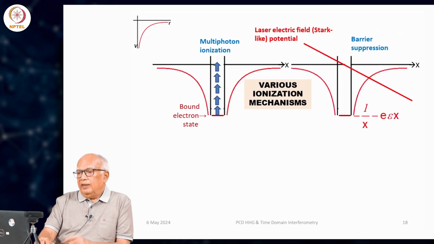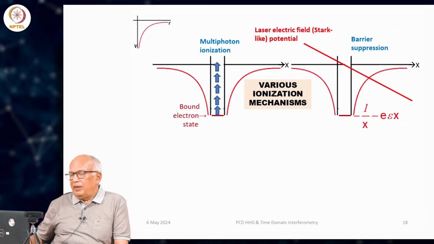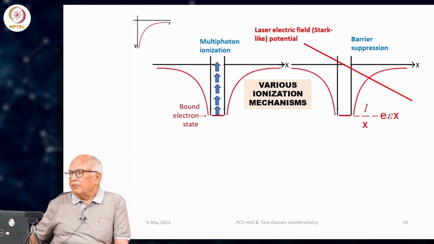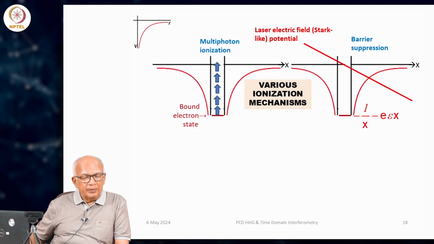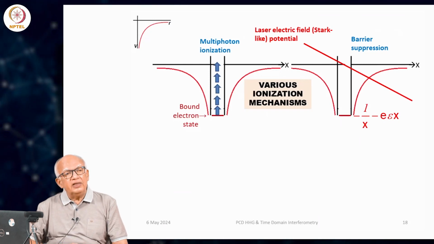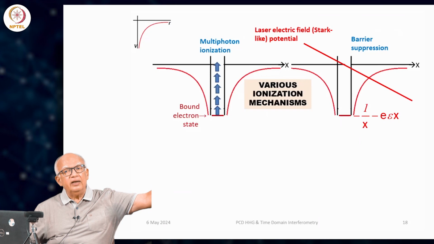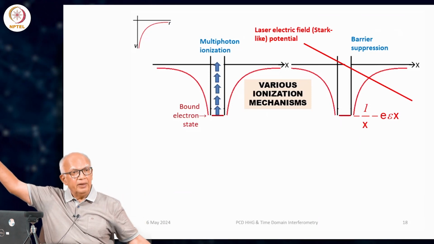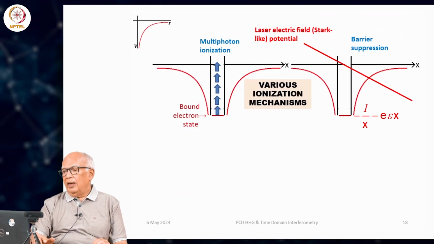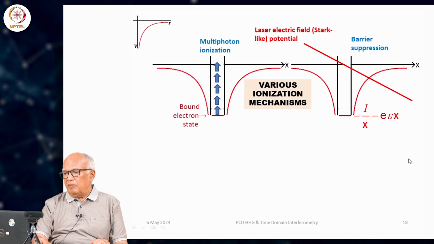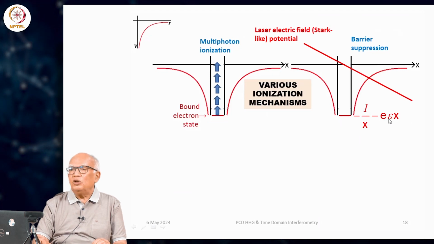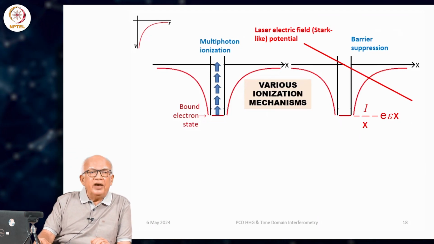But then the electric field of the laser, being very strong, has a potential which cannot be completely ignored compared to the atomic potential. So, the electric field of the laser in one half of the cycle will be one way, and in the other half of the cycle it will go the other way. It is the first half of the cycle for which this figure is shown, and the net potential will be a sum of the two. The first is Coulombic, which is 1 over distance, and the second is similar to what you see in the Stark effect perturbation theory